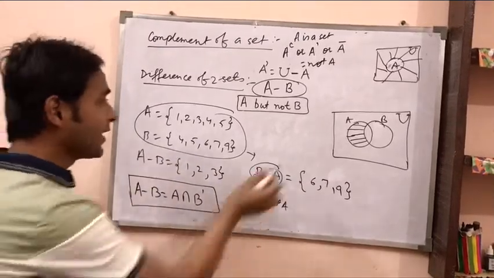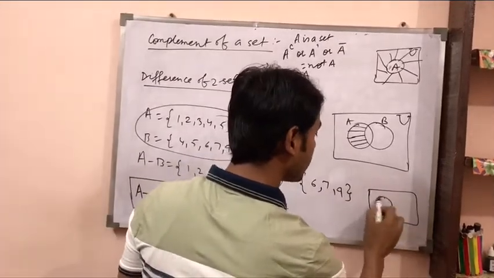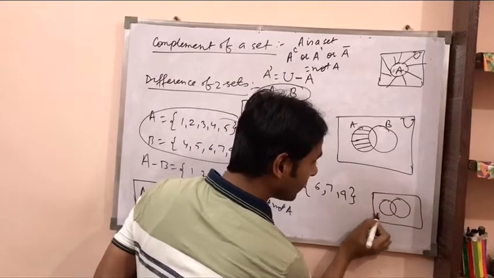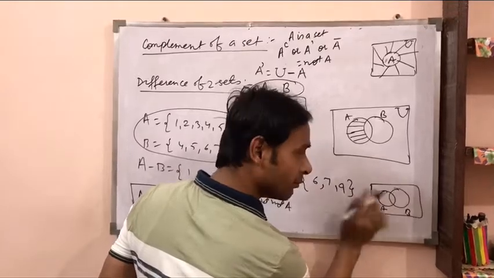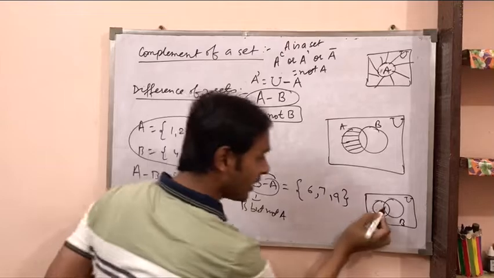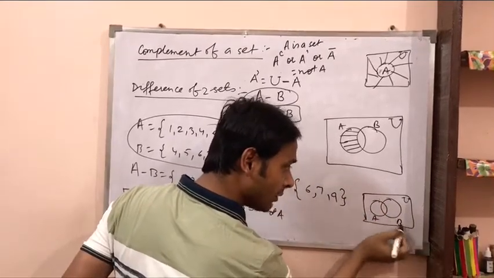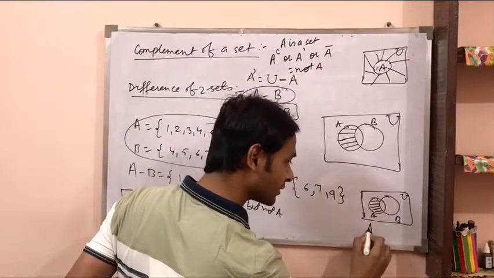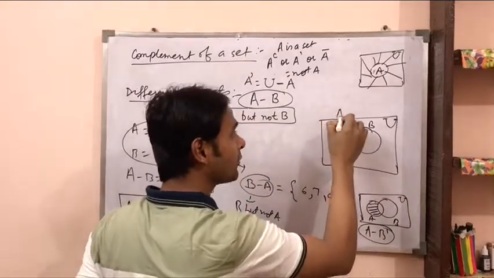चेक कर लेते हैं. A minus B ये आपके सामने. Suppose I am drawing A intersection B dash. This is A, this is B. तो B dash will be outside B. B बिल्कुल नहीं आएगा. This is universal set. This is A. A is this. This is A and B dash is outside B. So this is the only common part. This is the Venn diagram of A intersection B dash. And this is the Venn diagram of A minus B.